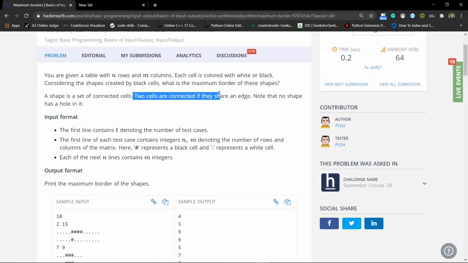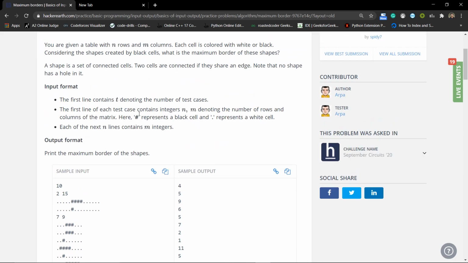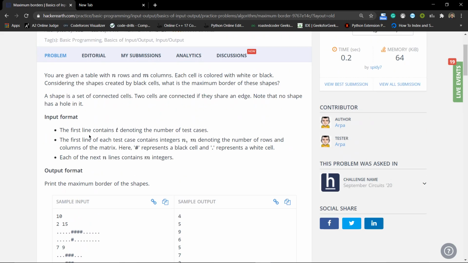A black cell is represented by a hash, and a white cell is represented by a dot. So we have to find the maximum border of this shape.